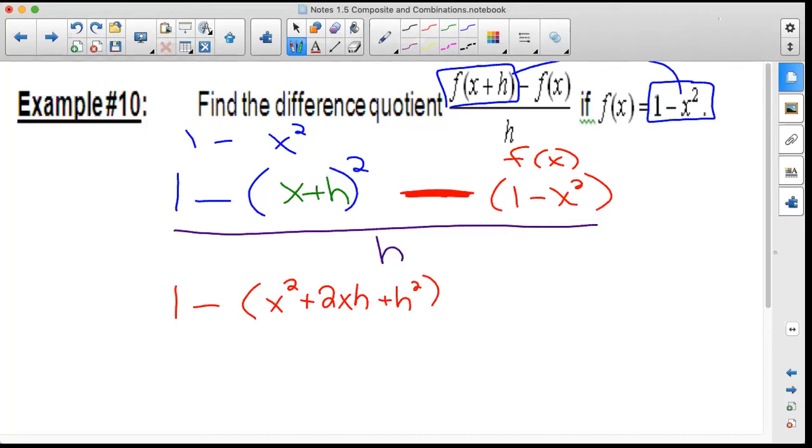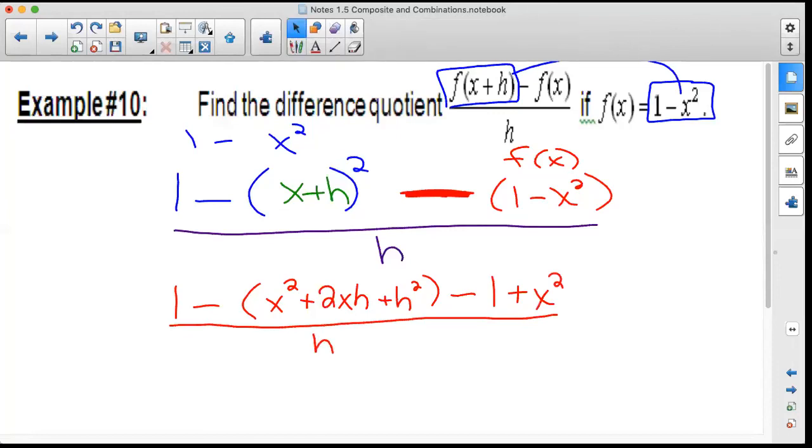And yesterday we had a problem with the minus sign. And we said that minus sign went to everything inside. The next part, I have a -1 and that becomes a positive x squared. So really this becomes 1 minus x squared